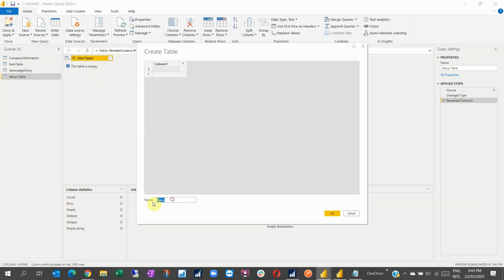I will show you better here. Setup table, global setup table. So the column here, I can put, let's say sales target, and I put sales target is for me 85,000. Okay, I can add more columns, maximum sales value,